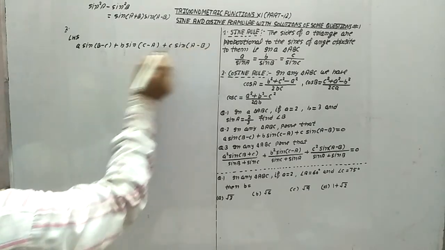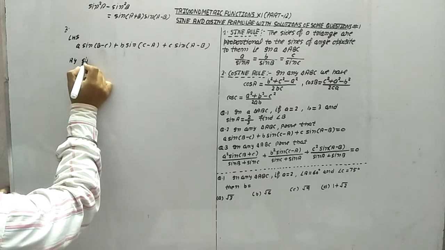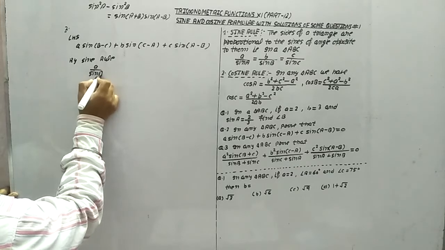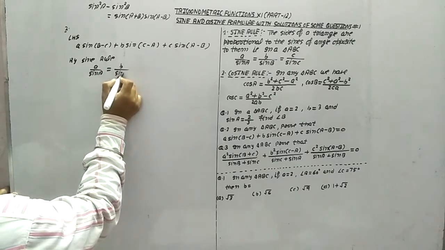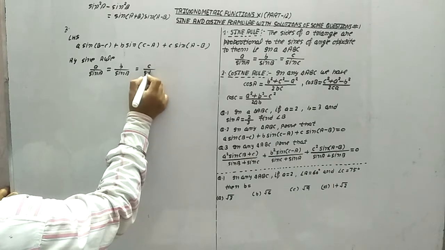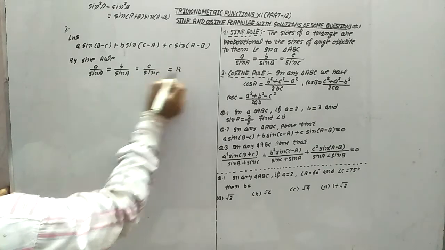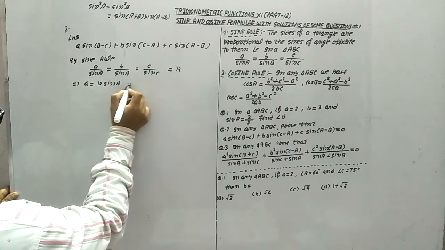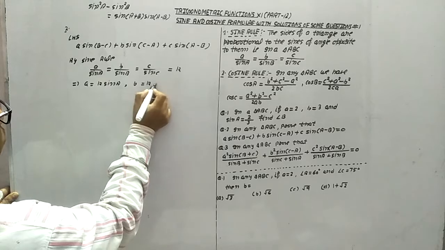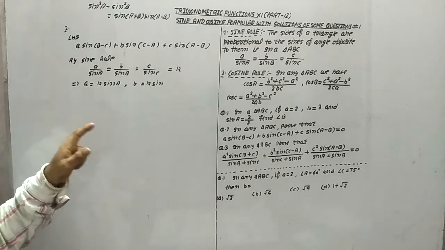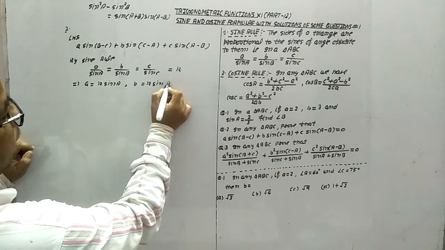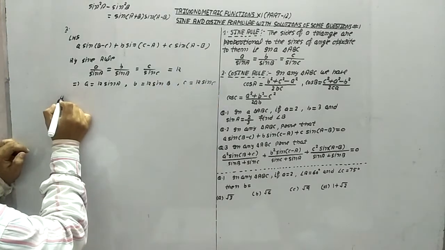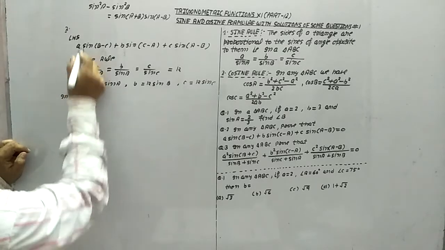We have this part. Now you will say by sine rule. By sine rule, we have a upon sin A is equal to b upon sin B is equal to c upon sin C. Now let us suppose this is equal to k. It implies that a is equal to k sin A, b is equal to k sin B, c is equal to k sin C. Whenever we are doing the proof of this, we have to use it like that only.